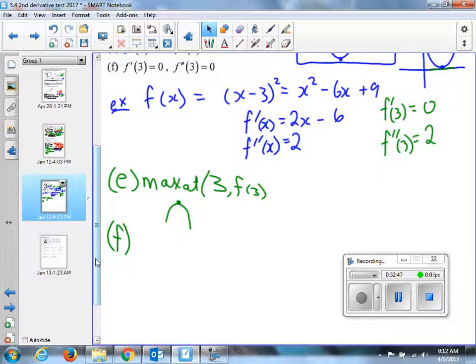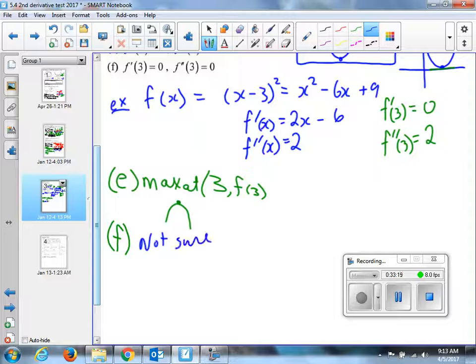Think about this one here. The derivative is 0, maybe a max or min, possible. But f double prime of 3 is 0 as well. So we're just going to be there. You don't know much. Don't know much is really what I'm going to say. Not sure, because I can think of a few scenarios. Look at this one. If at 3, if this was my function,